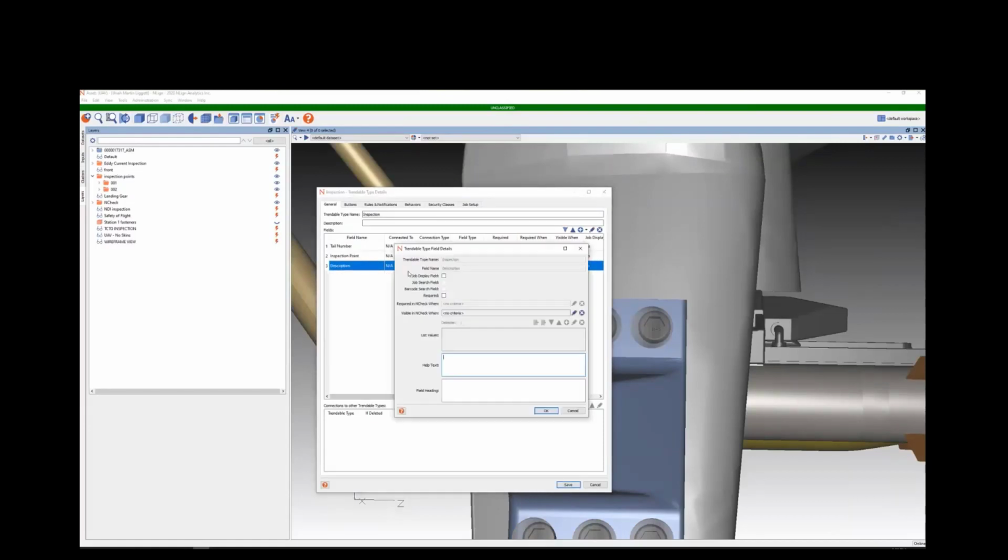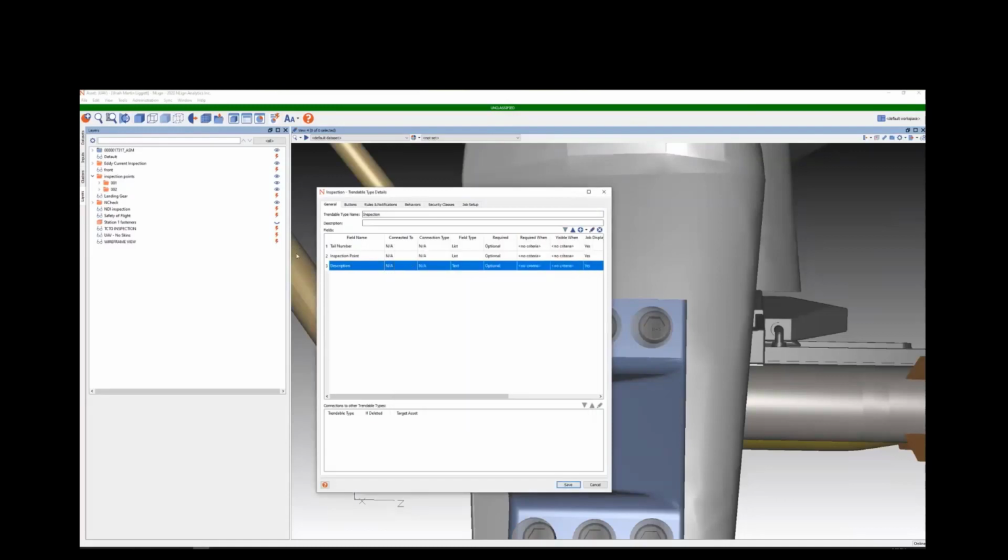Description is a text field, so I will display it, but I won't search by it. It's just a paragraph of text, so it's not something that we're going to search by. All right, so that is the majority of what we need for setting up our job. So if I click save here,